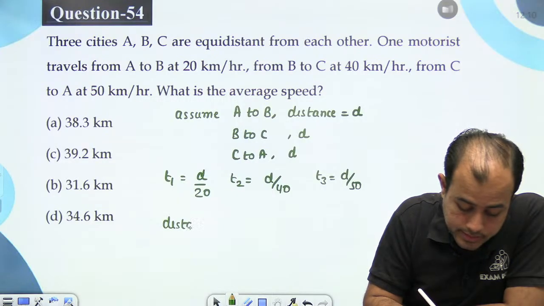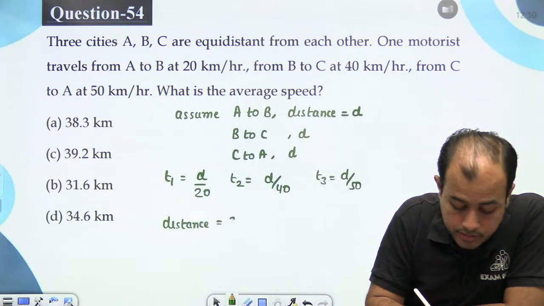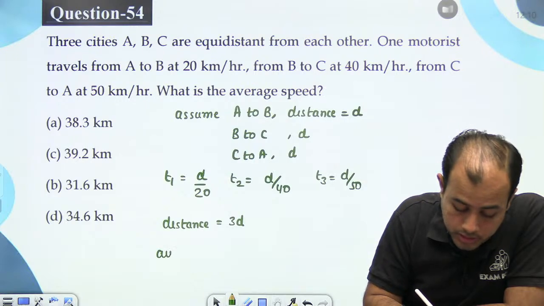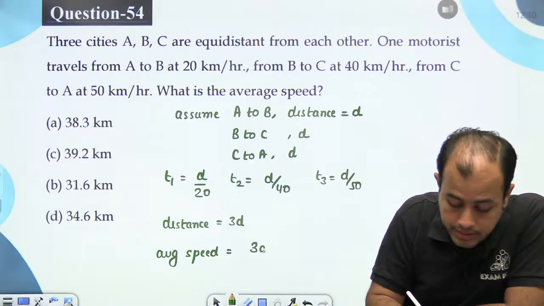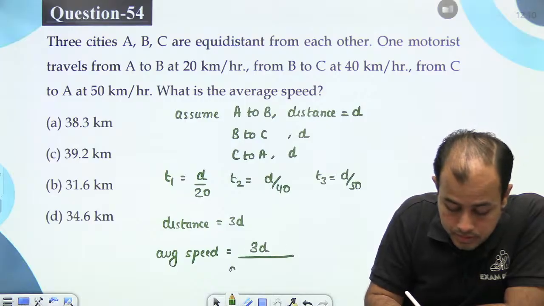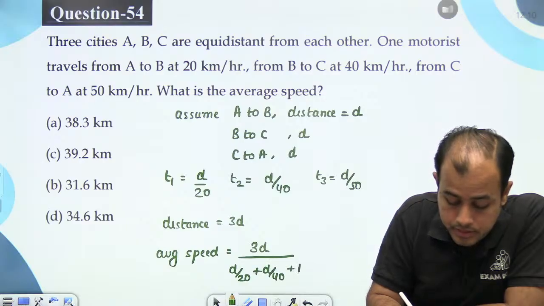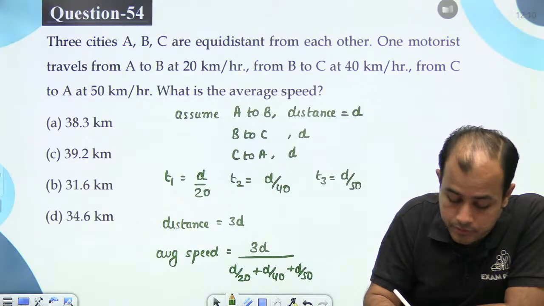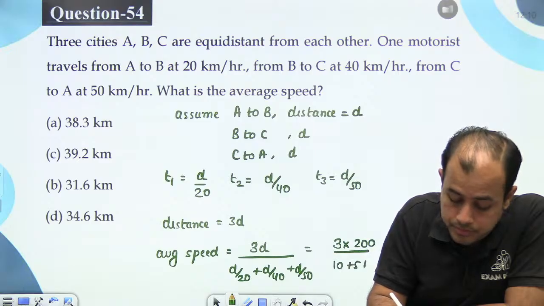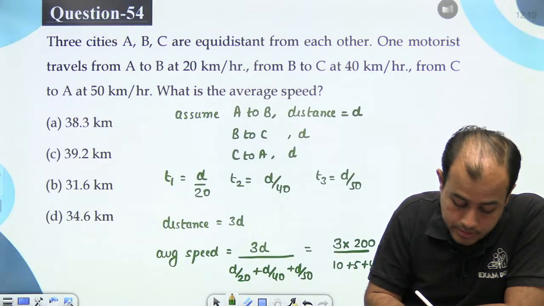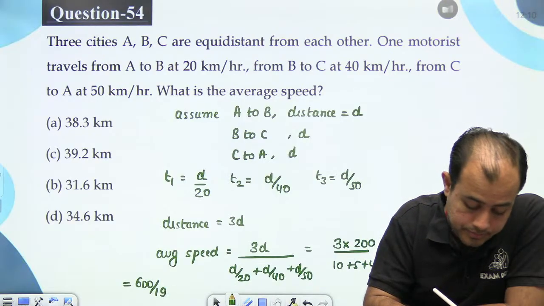Total distance, A to B, B to C, C to A, is 3D. So what is the average speed? 3D divided by D by 20 plus D by 40 plus D by 50. So let's take an LCM of 200. 10 plus 5 plus 4, 19. So 600 by 19, slightly more than 30,